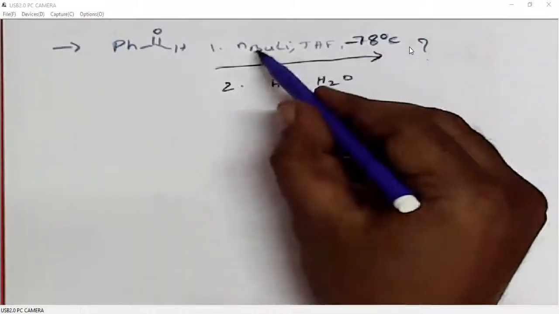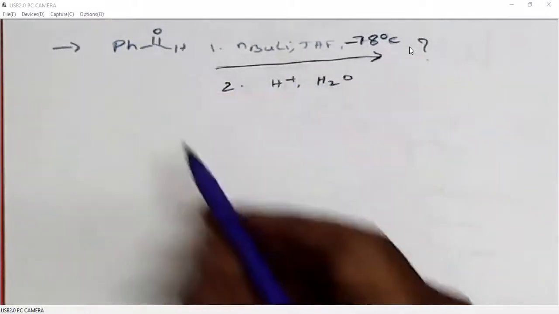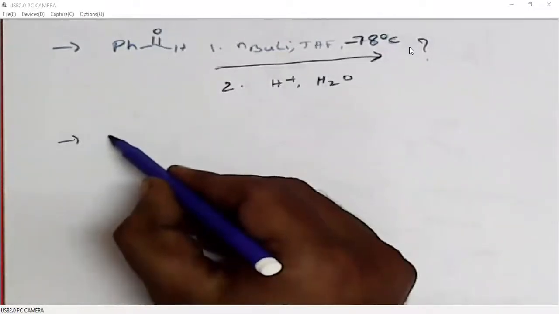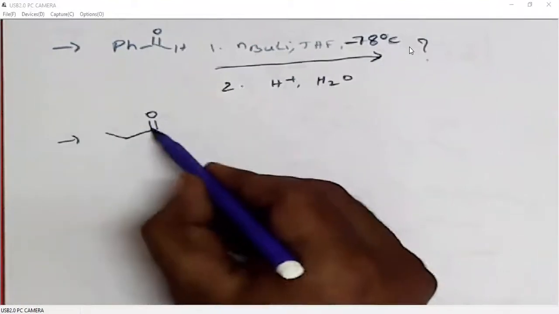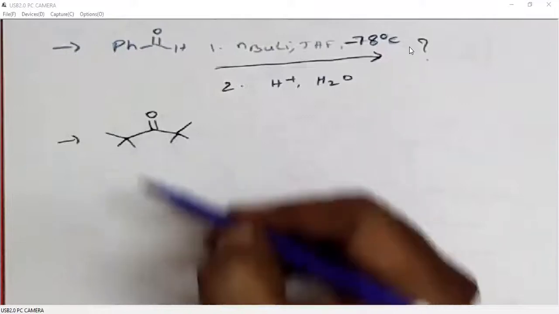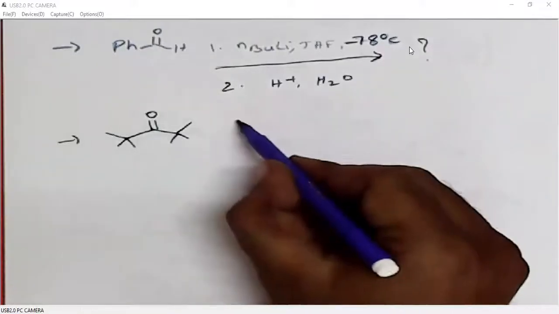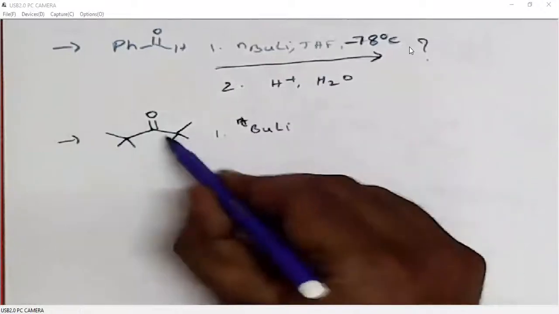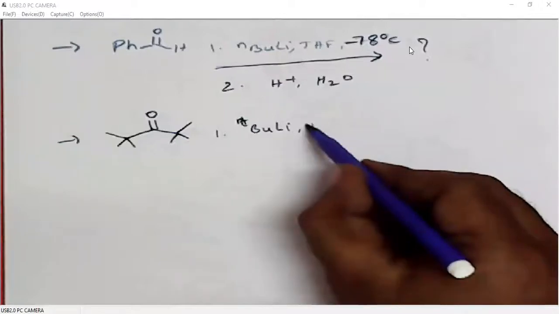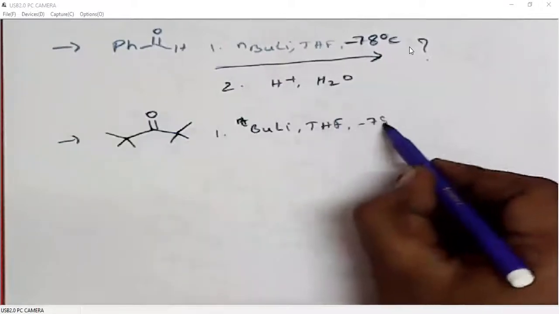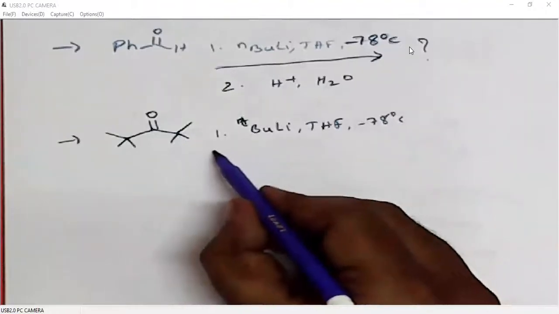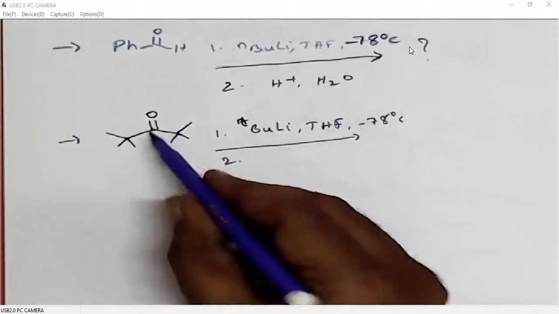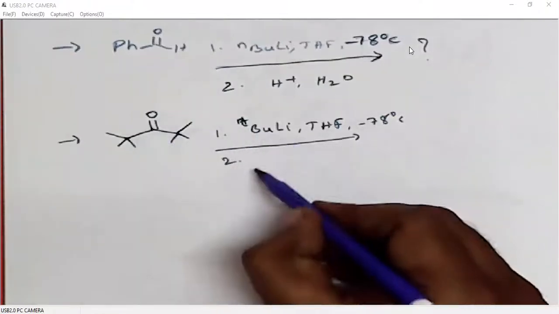Here butyl lithium will undergo nucleophilic addition to the benzaldehyde carbonyl carbon. So you write the product. The same example was discussed during Grignard reagents. So when we want to add a tertiary butyl group to this carbonyl, it wasn't possible with Grignard reagents. But it is possible to add a tertiary butyl group to this carbonyl group when we add tertiary butyl lithium.